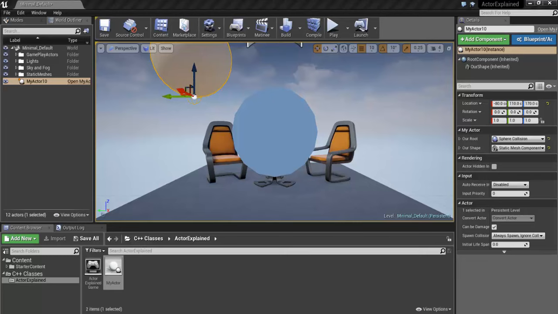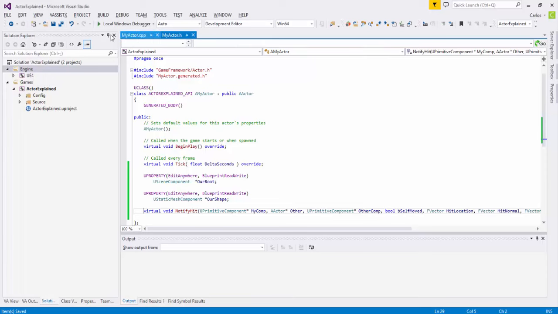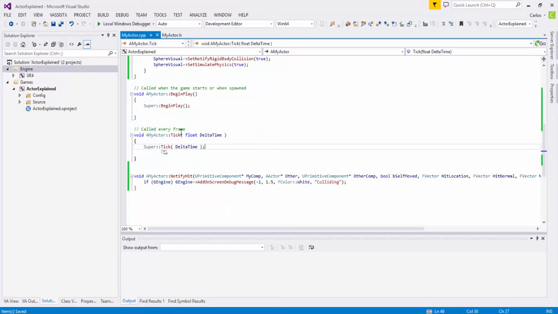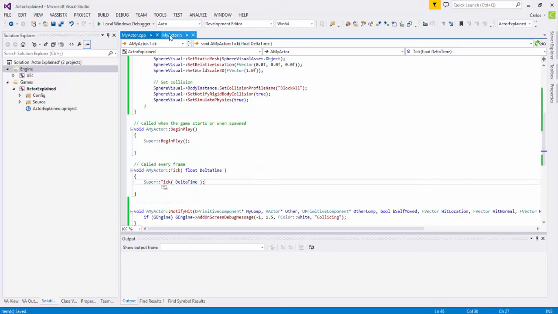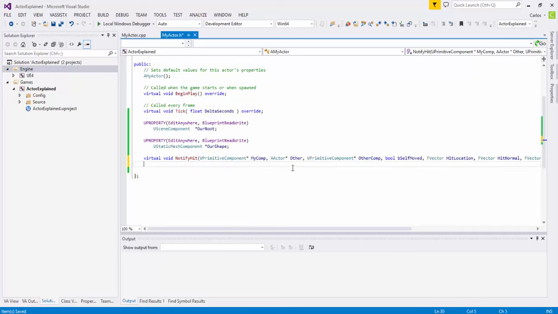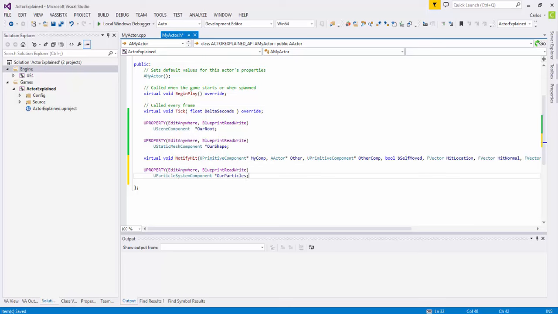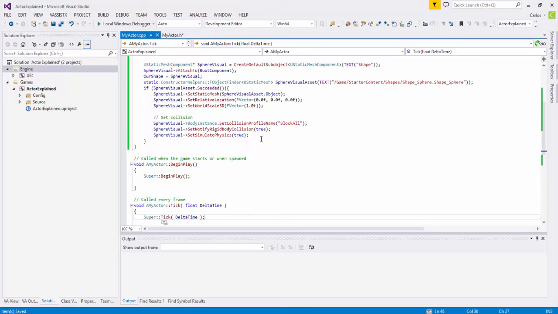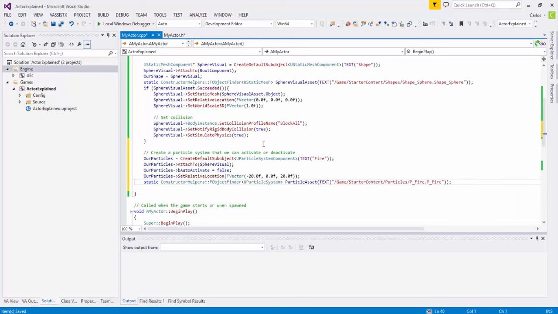go and alter my code. I go back here to the header file and add a particle system. I'm going to add a particle system called our particles, and in the CPP file I'll instantiate it similarly to what I did with the sphere. So I'm going to create a sub-object called fire, attach it to the visual sphere, and I would say that